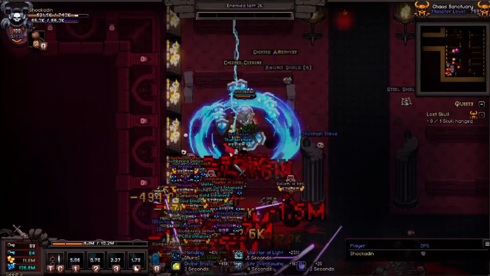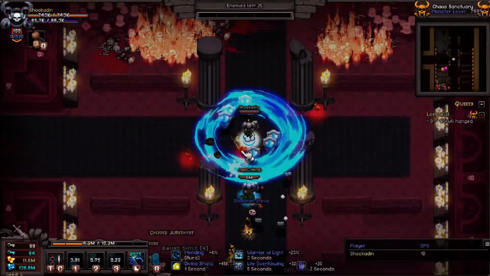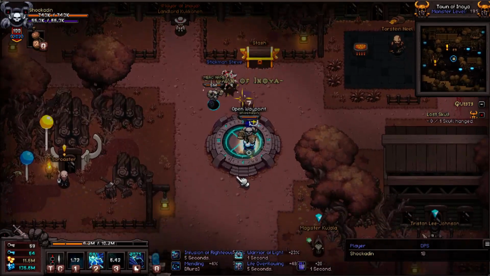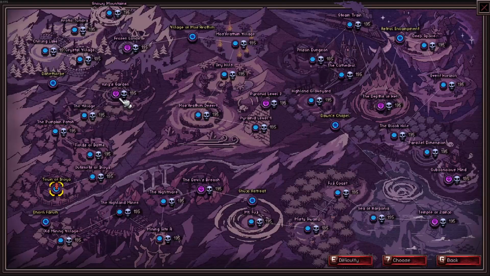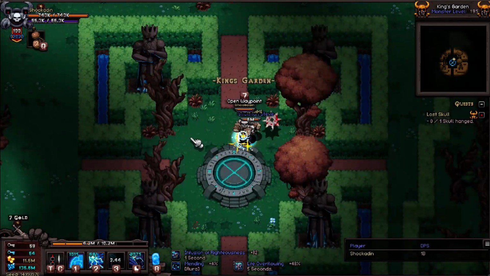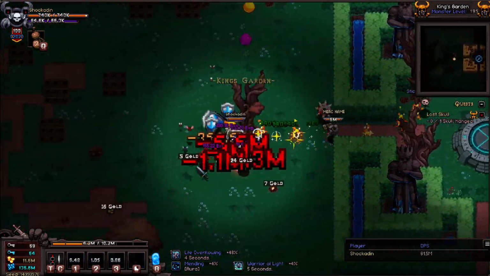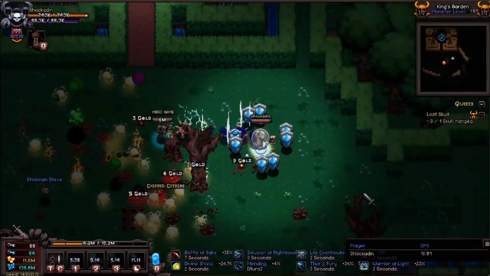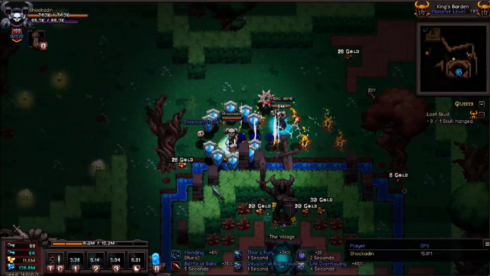Yeah, still not viable though, still can't clear the map no matter what. So there's the verdict on the Paladin, man. The Shockadin Paladin. We'll have to see if there's a new build for season 12 meta. But for speed clear farming on the maps,